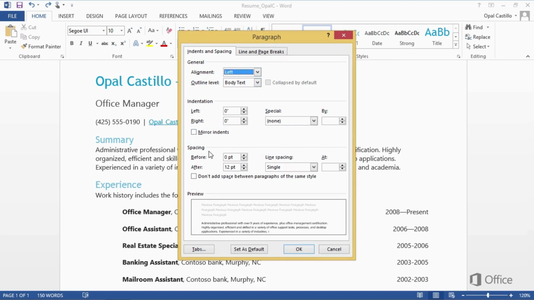I like to use the spacing options in Paragraph Settings because here I can specify exactly how much spacing I want to add before and after this paragraph. I can look here to see how this paragraph is currently formatted in terms of spacing. I can see it's single line spacing, and there's no space before the paragraph, but there's 12 points of space